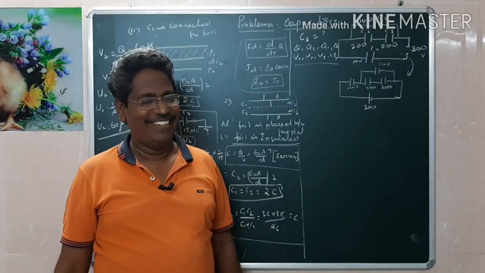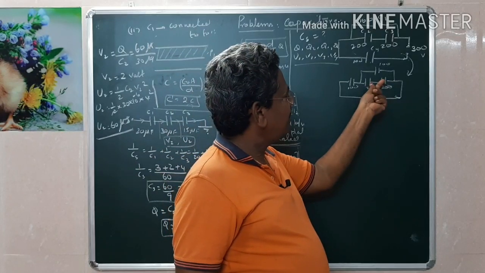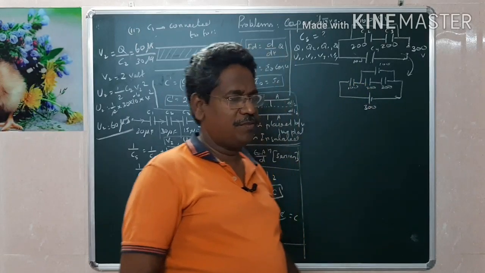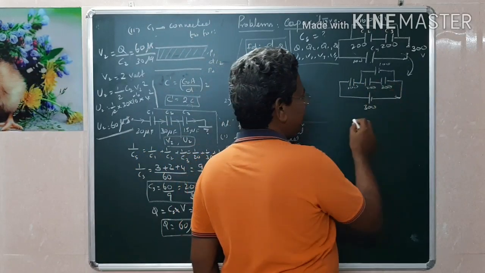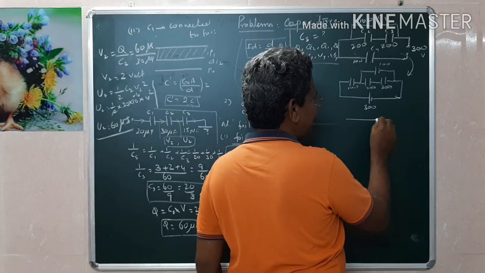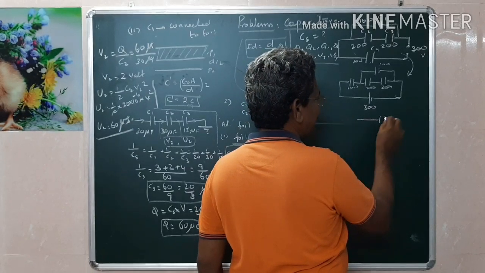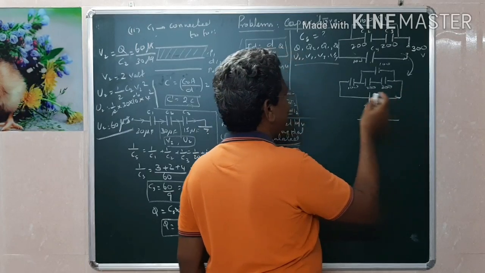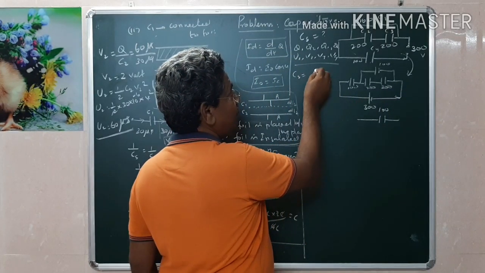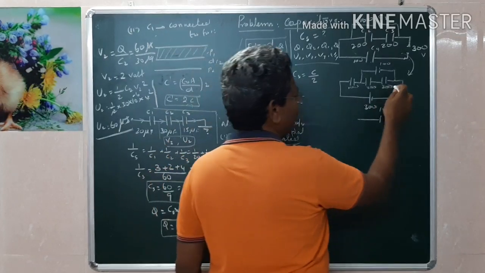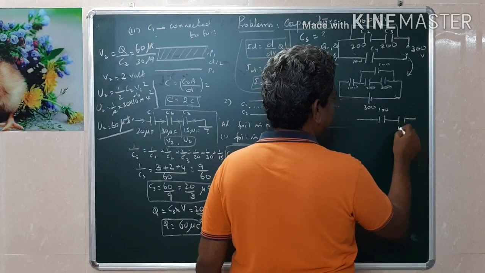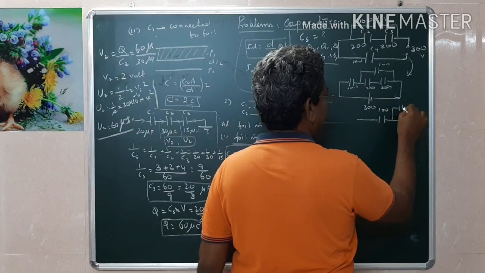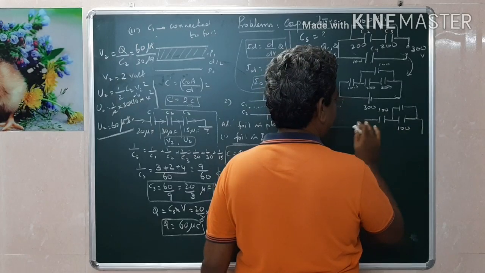Anyone can solve this. Now you see, these two are in series, these two are in parallel, and the last one will be in series. First, these two are in series. When two equal capacitors are in series, the resultant will be half. For equal capacitance, Cs equal to C by N, C by 2. Therefore, 200, 200 becomes 100. And already there is a 100. These two are in parallel. Any doubt?